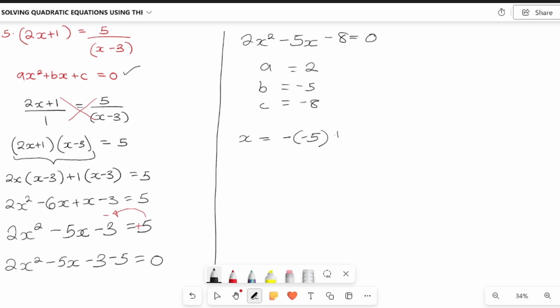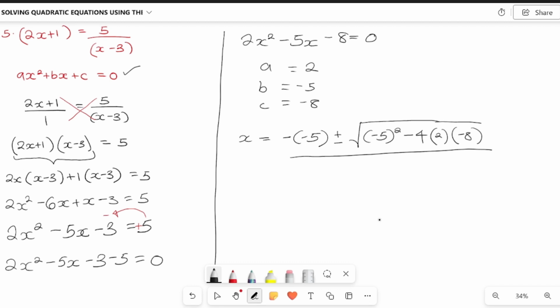5, plus or minus square root of b squared, which is negative 5 squared, minus 4 times a, which is 2, times c, which is negative 8, all over 2a, which is 2 times 2. Let's work out what we have inside the square root first. So that will be negative 5 squared minus 4 into 2